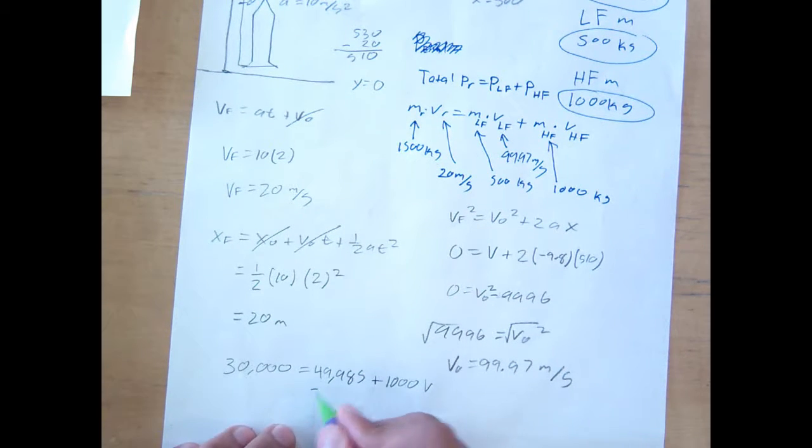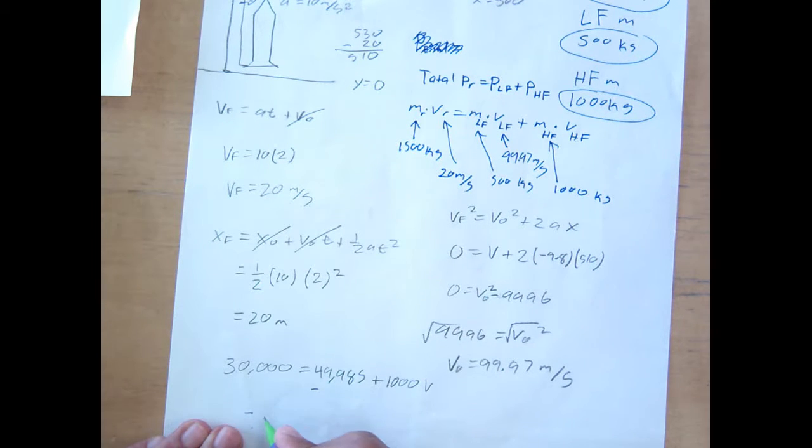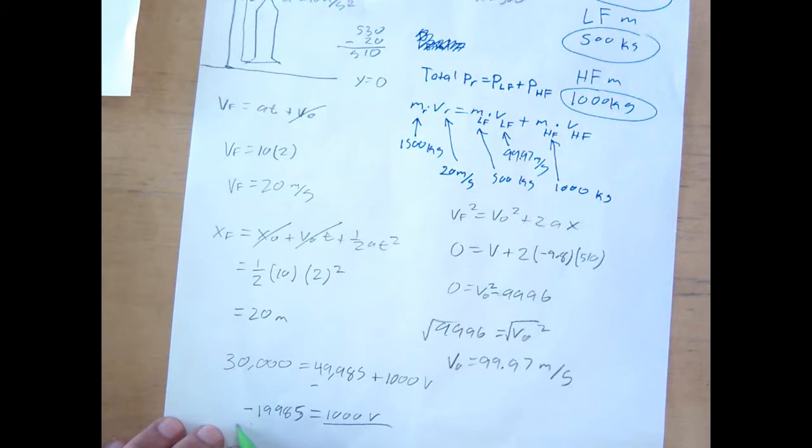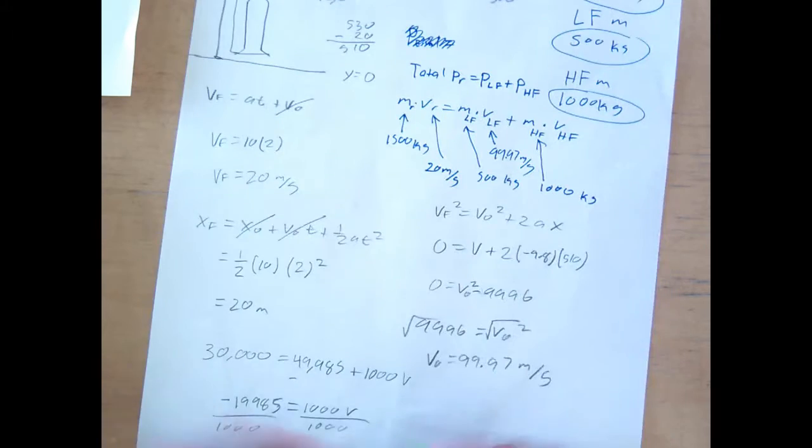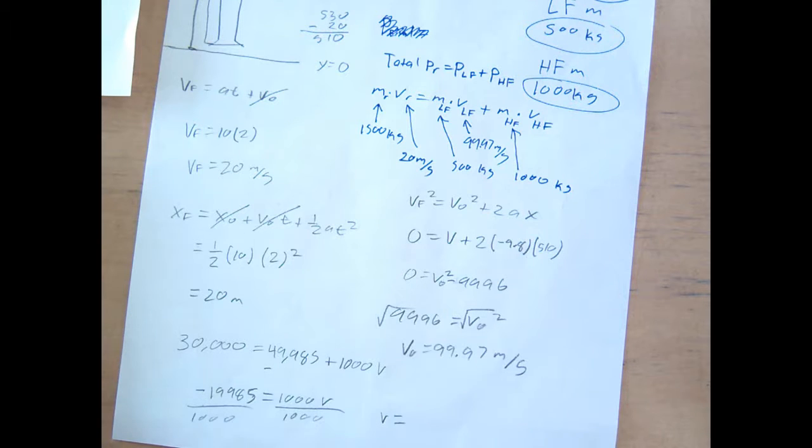So if we subtract, we get 30,000 minus 49,985 equals negative 19,985 equals 1,000 v, divided by 1,000. We end up with v equaling